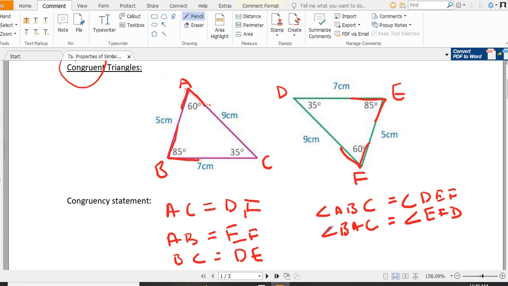And then last but not least, angle FDE. So it's the 35 degree angle, but we're going from the 60 to the 85. So 60 to the 85, which means it's ACB, angle ACB. So therefore,